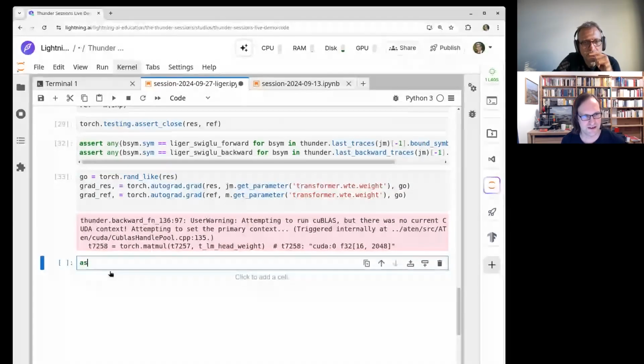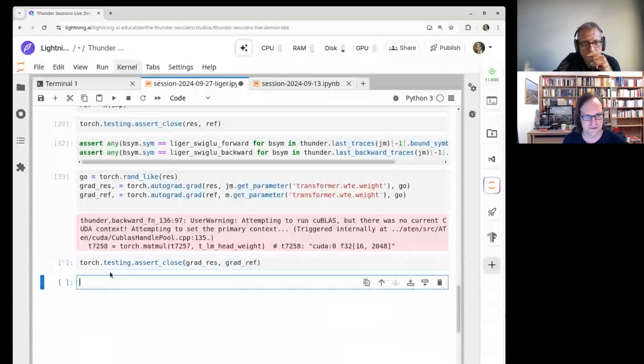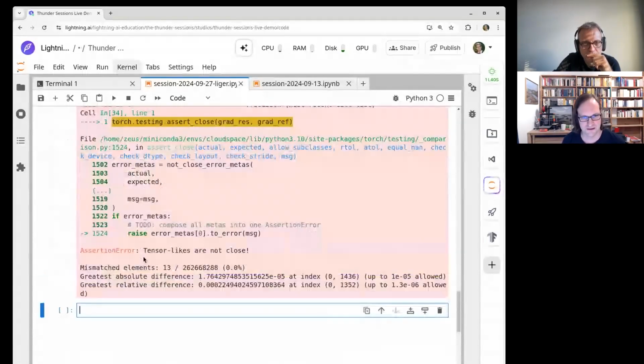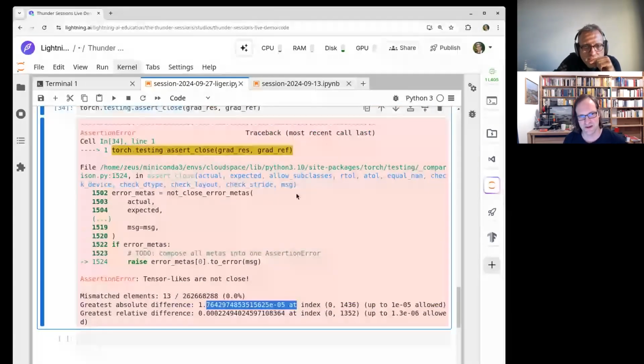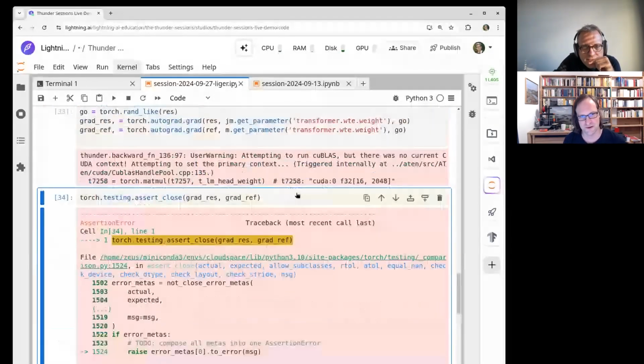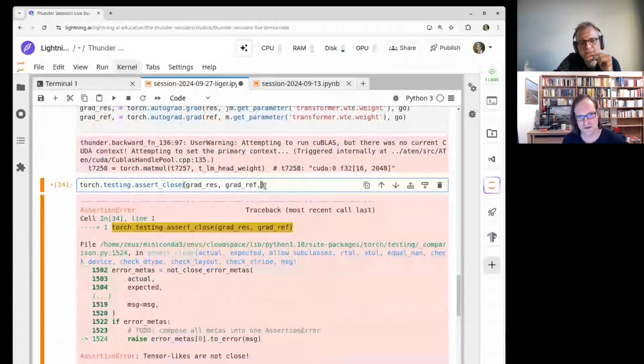And we could try torch testing assert close on grad res and grad ref. Oh no, they're not close. But the greatest relative difference is 1e-5. So we do rtol, well, 2e-5. This is p-hacking.